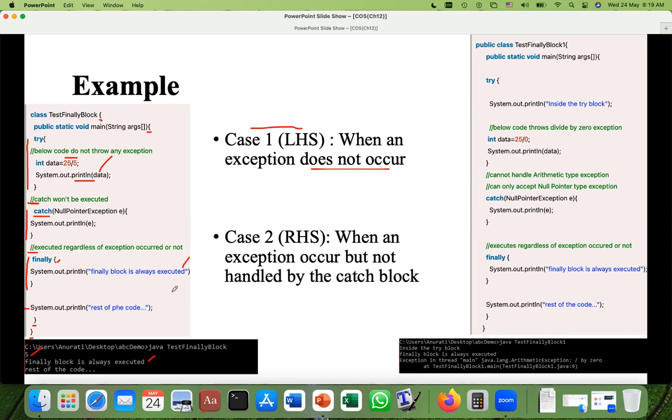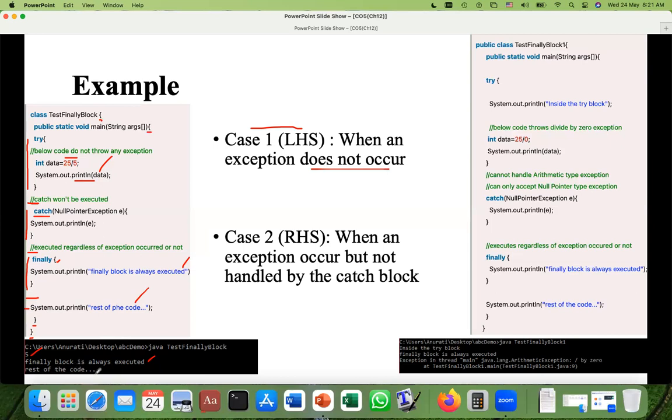And after, okay, there is no statement next. So then what? We will come out of this finally block and the control will be shifted here. And it will search for the next statement. This is the next statement. And this rest of the code will be printed on the screen, which you can see here,